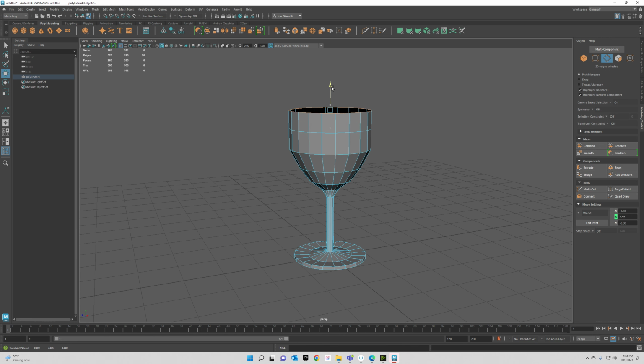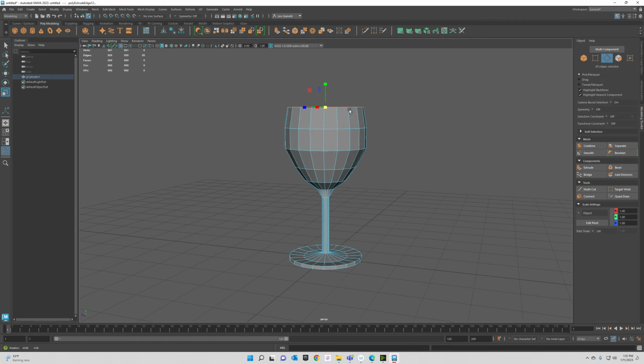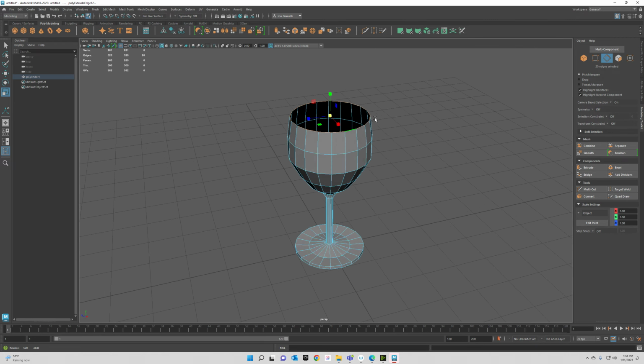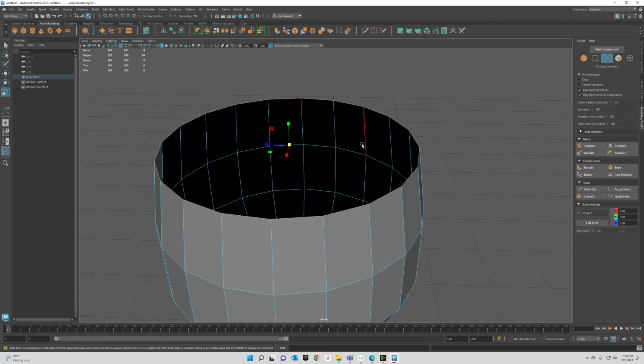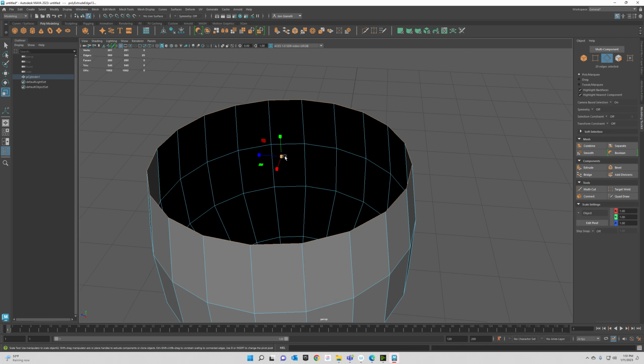Control E, W. Maybe I'll even have it come in just a smidge. Okay, so that's the top of my wine glass. Now, I'm going to make a little lip right here. So I'm going to do a Control E, W, sorry, a Control E, R to pull that in a little